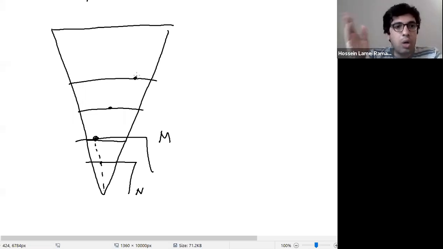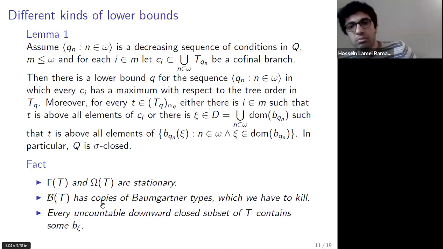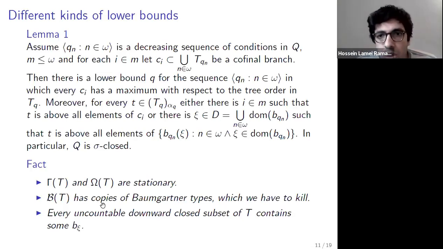We have to make all of them sigma well ordered. But then we have to make sure that while we're making some non-sigma well ordered linear orders sigma well ordered, the whole linear order is going to remain non-sigma well ordered. And this is going to be the main challenge for the rest of the talk, I guess. Also about this tree, we can say that every uncountable downwards closed subset of T contains some big psi. That's already mentioned in the picture.